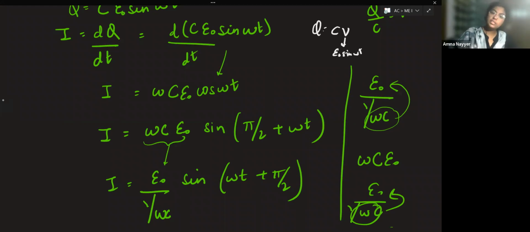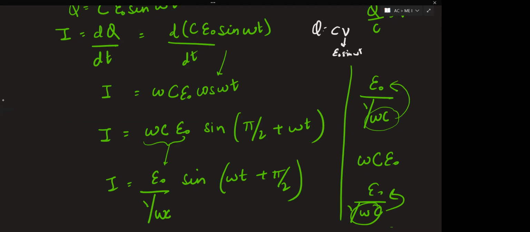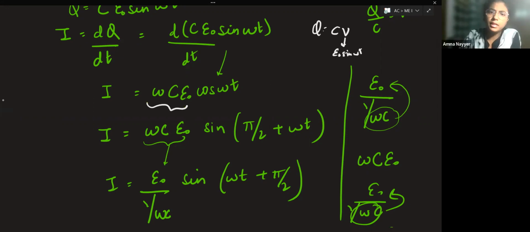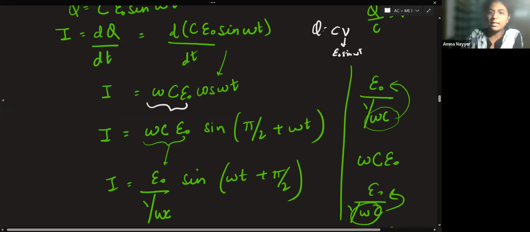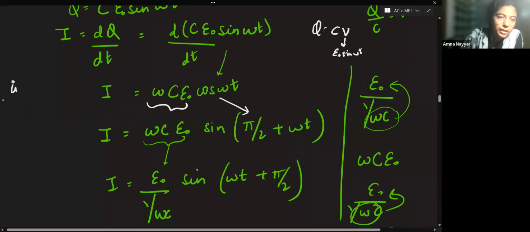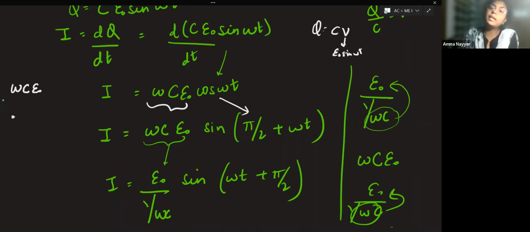Now when you differentiate sine omega t, the constant comes out. We are not integrating this time, we are differentiating it. So when you differentiate it, you get omega as a constant and cos omega t. The rest of these three terms are constant. Now see here what has been done. Till here you will be able to understand, because this is just trigonometric identities that have been applied. See, omega C E naught is there. If I bring this into the denominator, like if I write E naught divided by 1 by omega C,